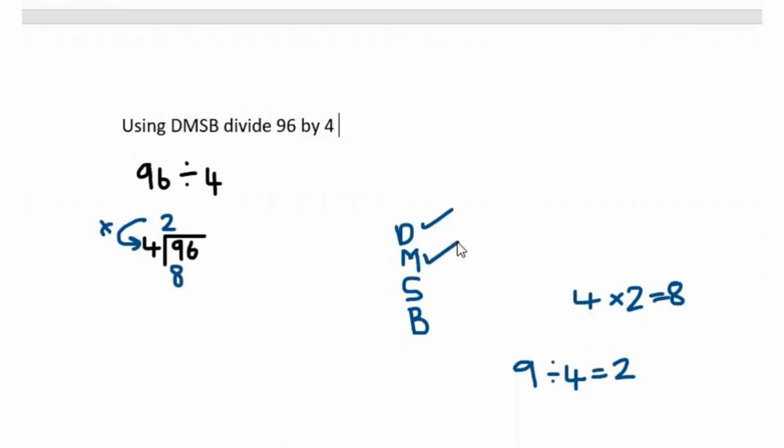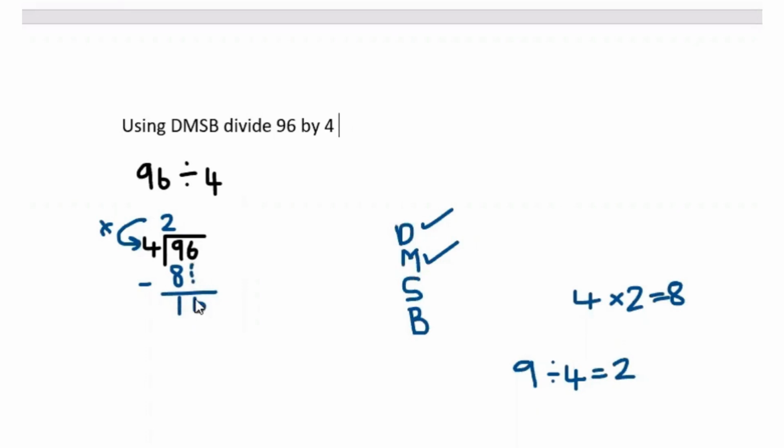Completed your multiplication step. Now we subtract. Subtraction step. Okay, and then what is 9 minus 8? 1. It's 1. Okay, then we bring down the